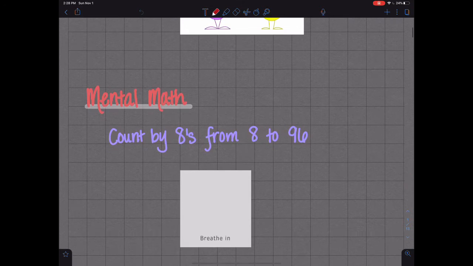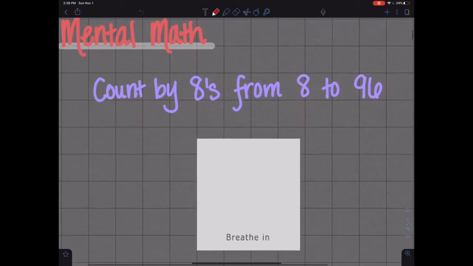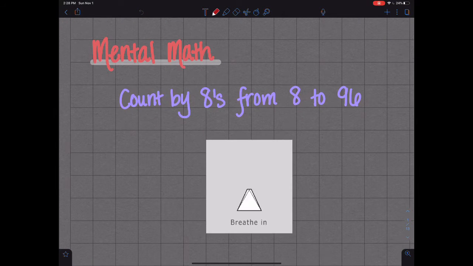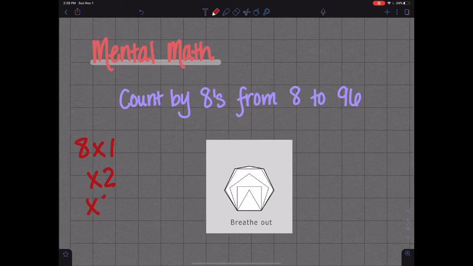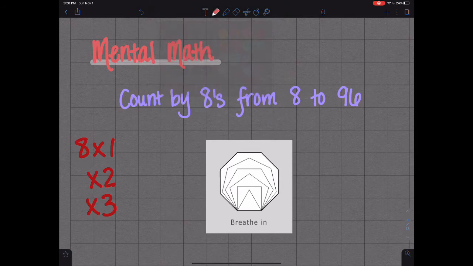The first thing that we're going to do for mental math is count by 8s from 8 to 96. As we do this, I want you to be thinking about how we're going to keep these numbers straight. We're going to think about what is 8 times 1, times 2, times 3, and that will help you to count by 8s. So let's try it. We'll start with 8,